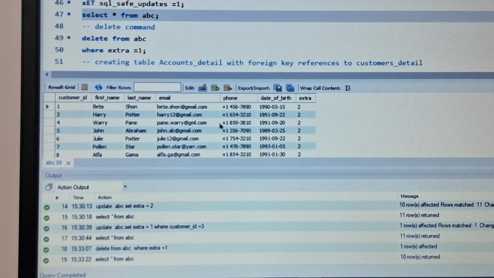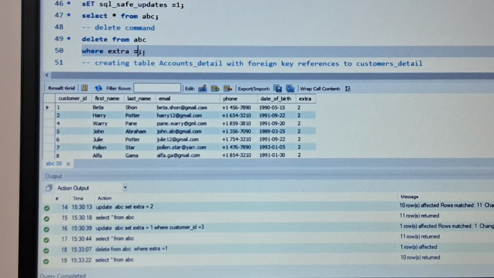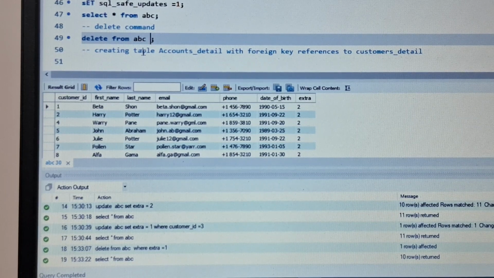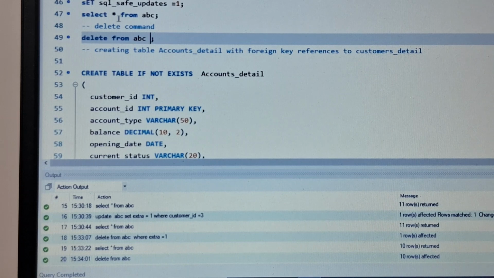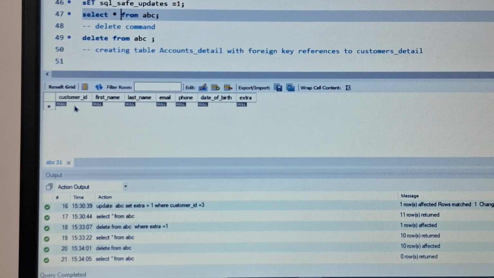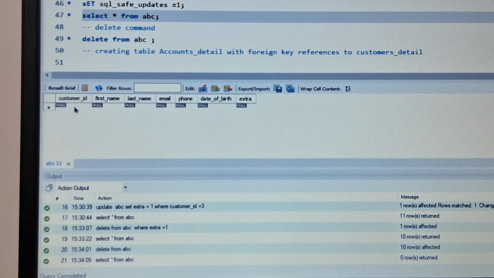Here also, if you do not use the where condition with delete, as was the case in update, it will delete all of the data from the table. You can see when I have used delete and have not given any parameters or where condition, it has deleted all of my table data. So yeah, it is similar to truncate.